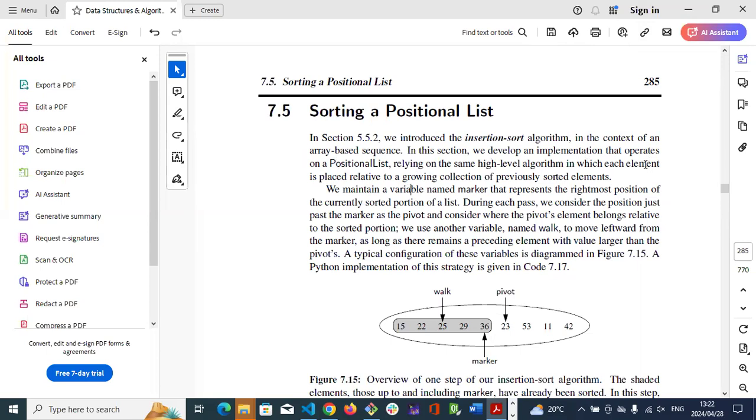In this section, we develop an implementation that operates on a positional list, relying on the same high-level algorithm in which each element is placed relative to the growing collection of previous sorted elements. We maintain a variable named marker that represents the rightmost position of the current sorted portion of the list during each pass. We consider the position just past the marker as the pivot